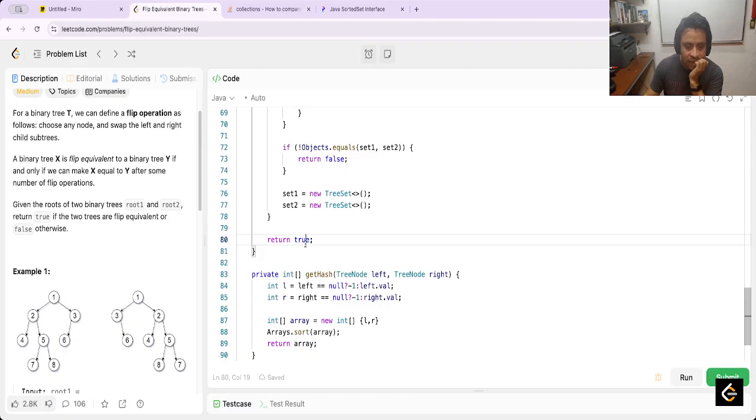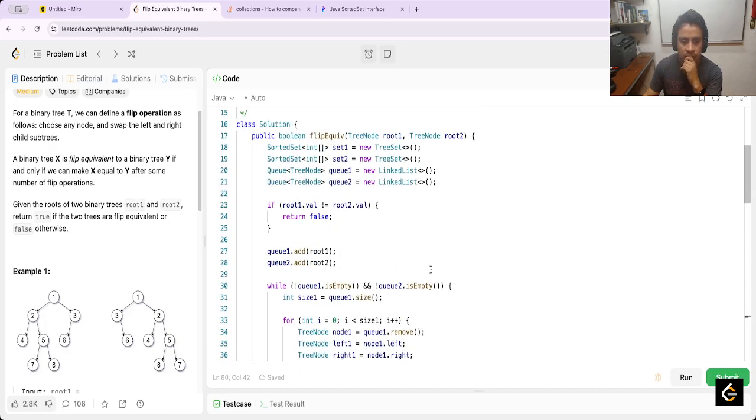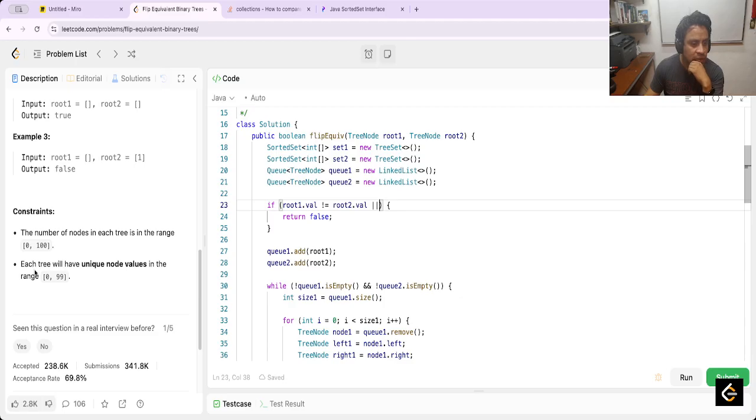Even here, instead you only return this, I can return this. Yeah, only to be sure. The graph is empty. But in the case that it is empty, is it possible? Each tree is unique. The number of nodes, yeah, it's possible. Could I check if root 1 is equal to null,